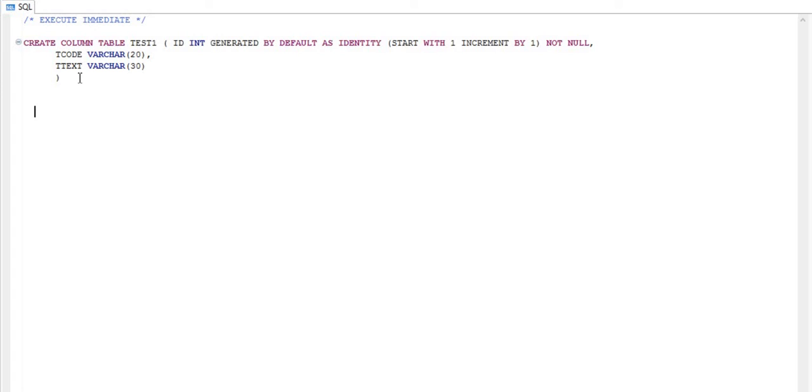As you might know, using the insert statement, we can write insert into test1, then the fields T code, then T text, then values,